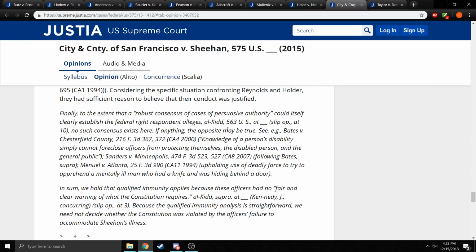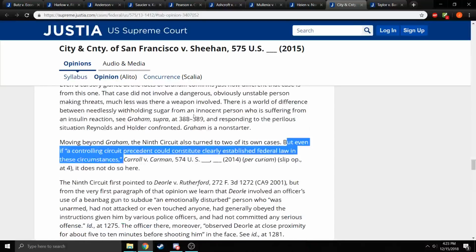And it also may not be established in the existing circuits. What this means is that maybe, just maybe, and this is just my wackadoodle reading of it, so don't get too excited because the Supreme Court hasn't said anything on it yet, it might be that the Supreme Court is hinting that unless the Supreme Court has ruled on it, it's not clearly established. So we'll have to wait and see on that.